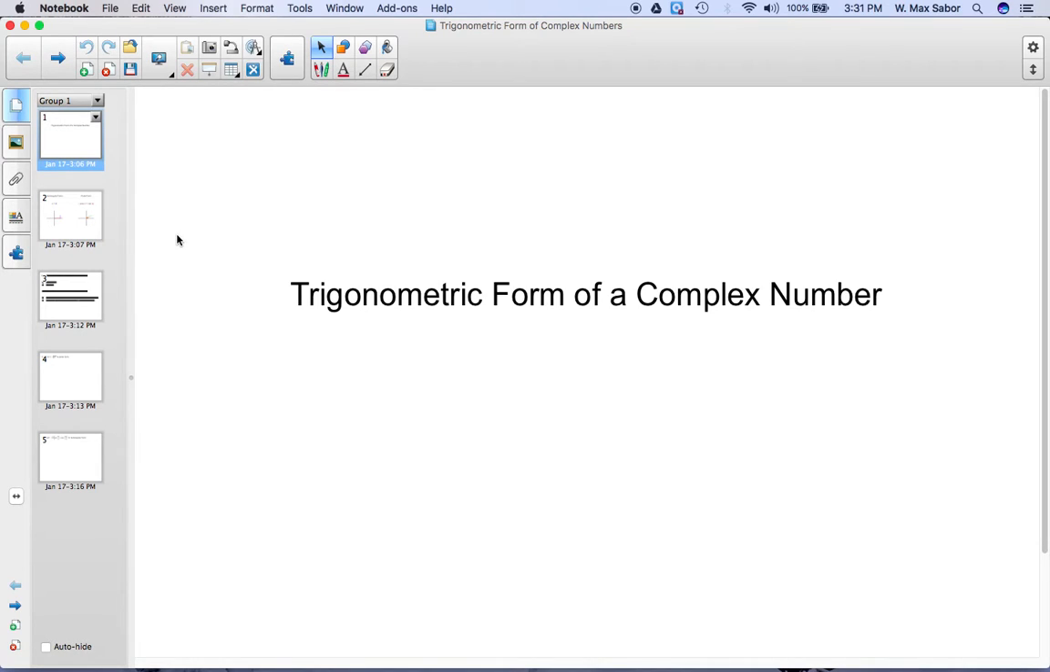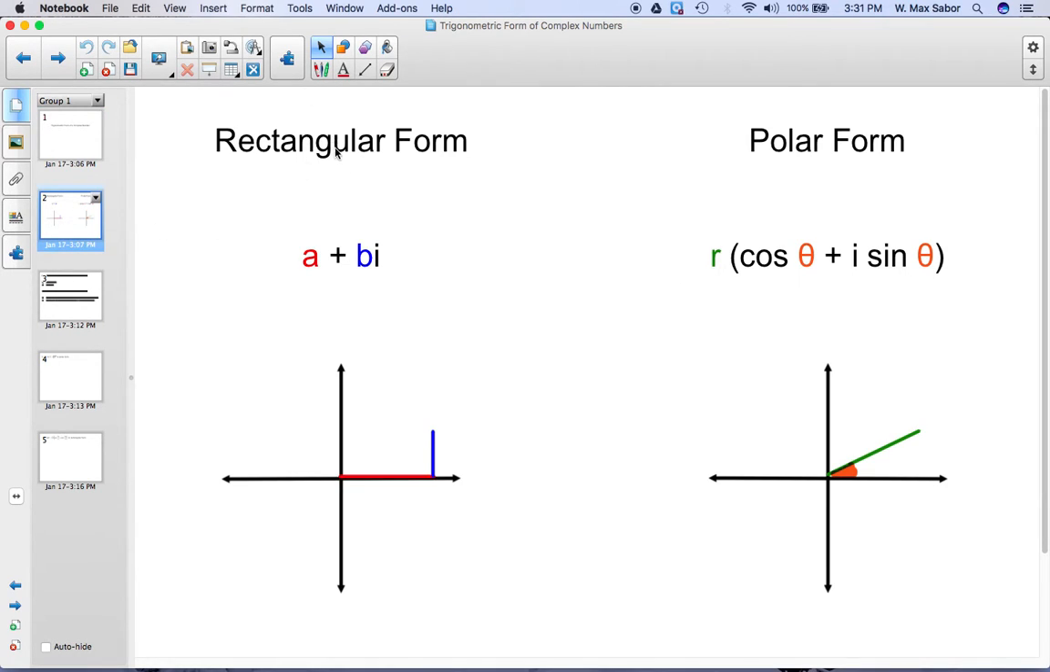What is the trigonometric form of a complex number? Well, typically we're used to seeing complex numbers in rectangular form, a plus bi. So if this point here is the complex number we want to represent, we say that this is a, this is bi, the vertical distance is bi, the horizontal distance is a, and then that gives us the coordinates of